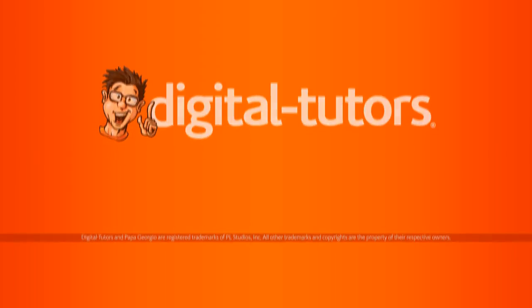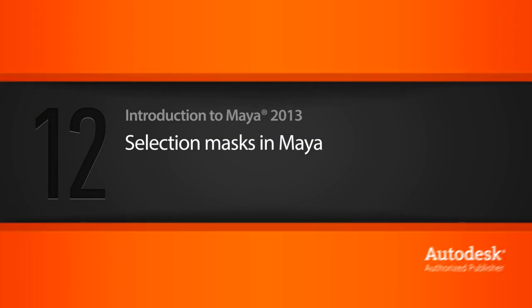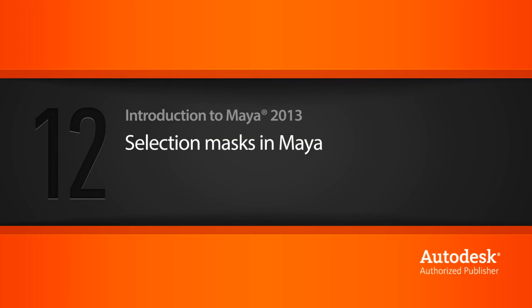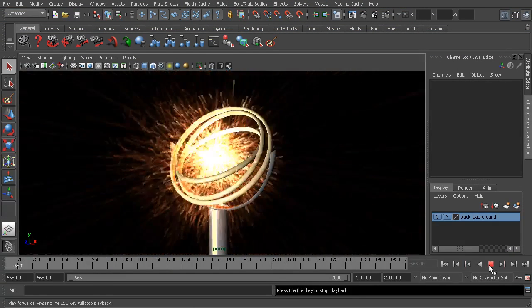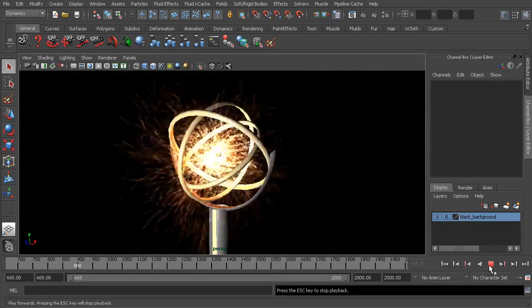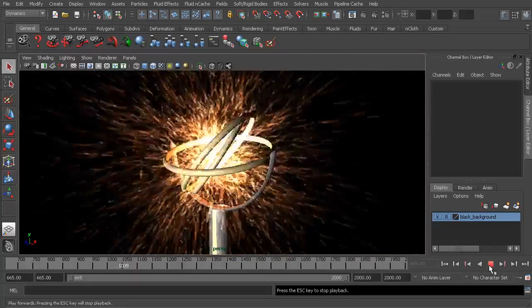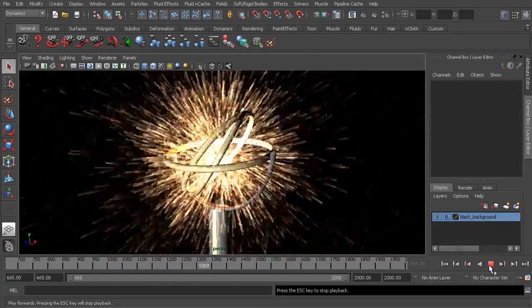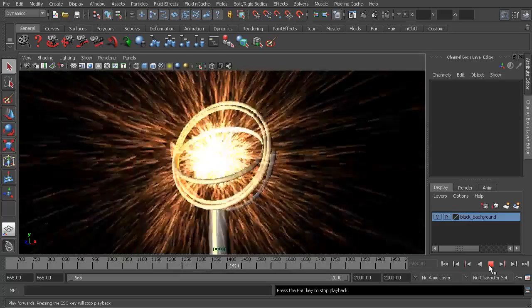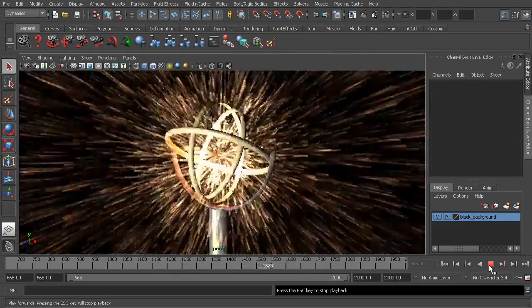In this lesson, we'll talk about the process of using selection masks inside of Maya. Okay, so we're going to open up the scene file for lesson 12 to follow along. And you can see I have this scene file set up with a few things in here. So we have some particles moving around, we have a little bit of animation, a couple of different surface types, and what this will do is give us a good opportunity to see the benefit of a feature called selection